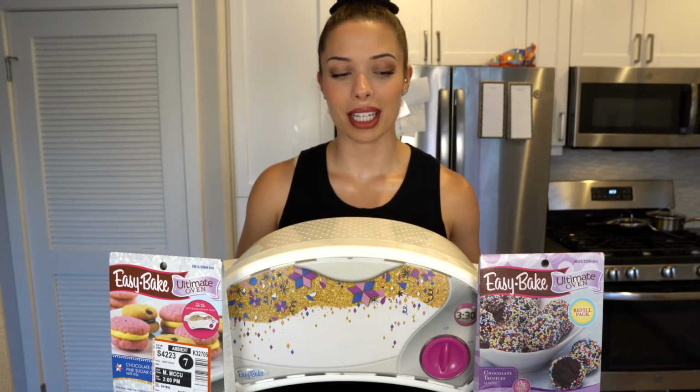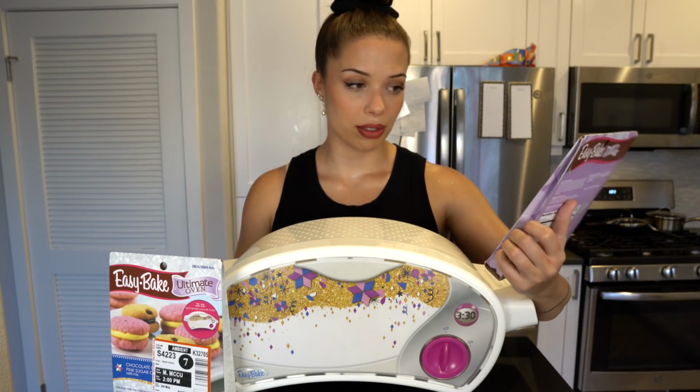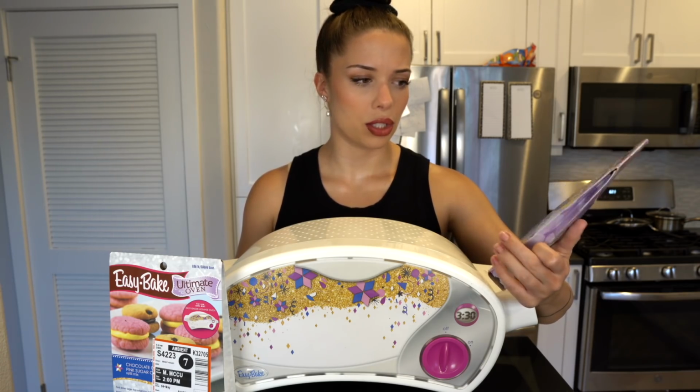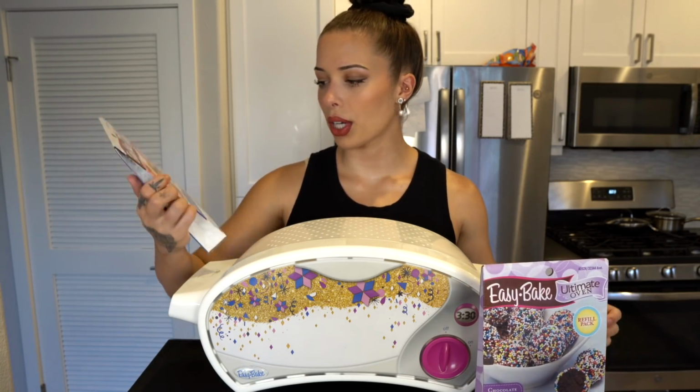Let's just get started because these look bomb. I got chocolate truffles. So it's supposed to be chocolate truffles. It has 2 Devil's Food Cake mixes, 2 chocolate frosting mixes, and 2 packets of nonpareils, which is like those sprinkles. And then I also got,